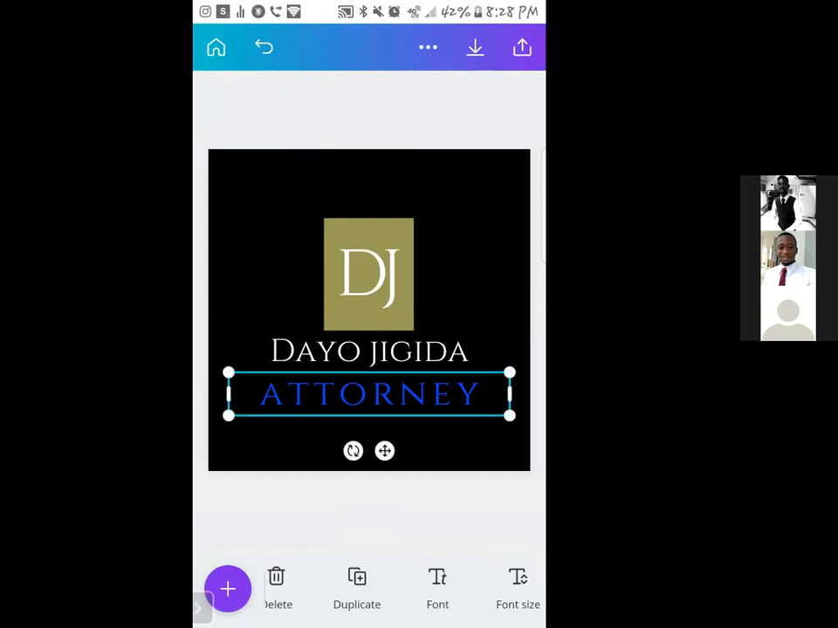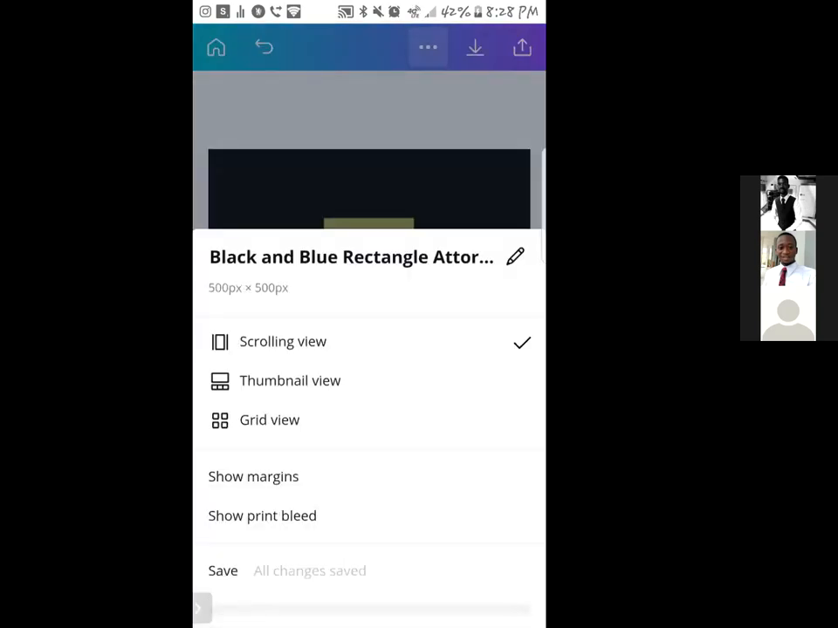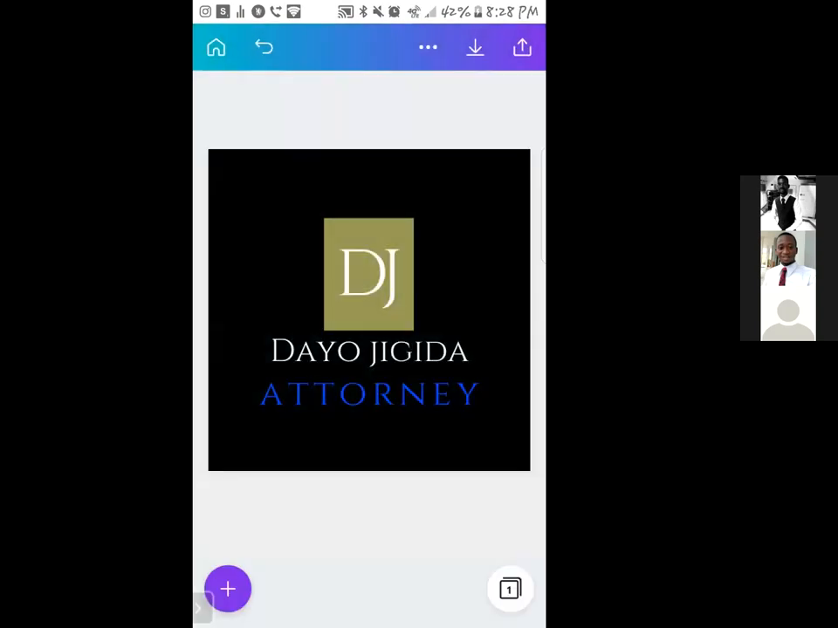So basically, what the workspace on the mobile app looks like is this. You have your home button, the undo and the redo button here. You have your download and upload button. This one is for settings to change the view and how the workspace appears. Then you have your